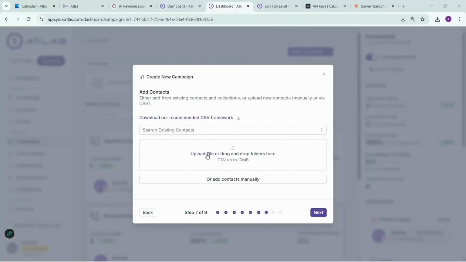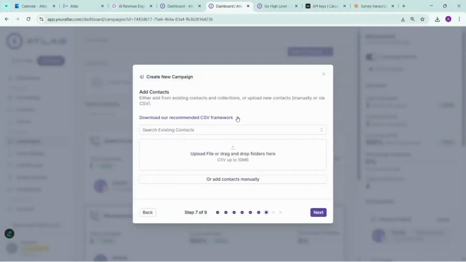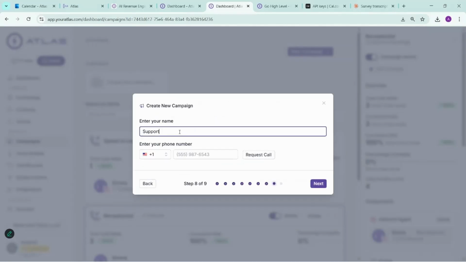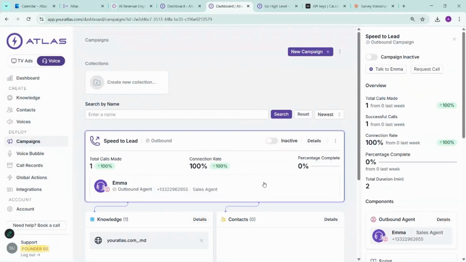So then you can upload your CSV file here, or you can add contacts manually like this. And then also you can launch calls from systems like Zapier or from your Go High Level account automatically as well. So we'll show that probably in a separate video. And I'll go ahead and just select next. So then you can right away have it call someone by putting their phone number in these fields here and starting a request call. So I'll go ahead and just finish and activate this campaign,